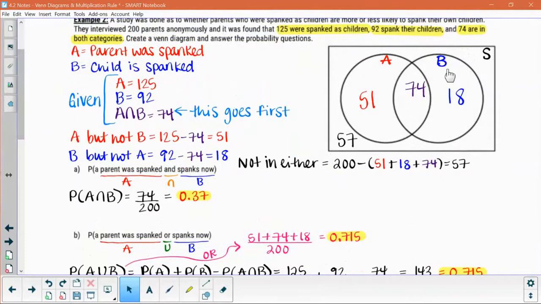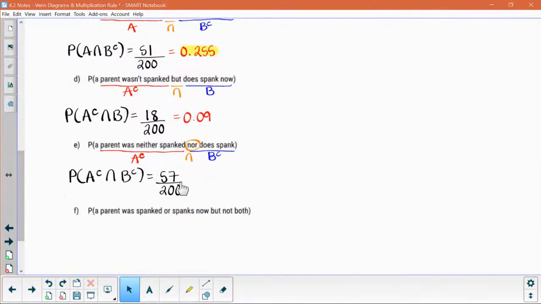So the probability that they were not spanked is everything outside of A, and the probability that they do not spank is everything outside of B, meaning they were not in either. So my count for this is 57. So 57 over 200, which is approximately